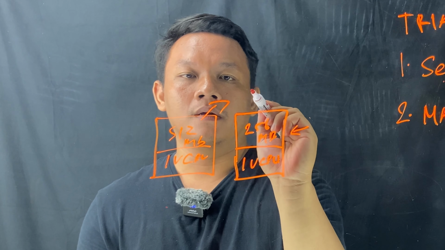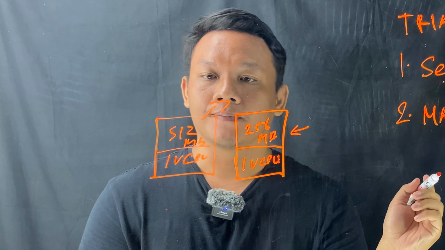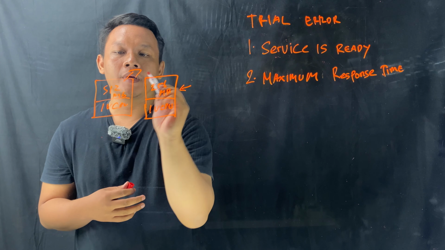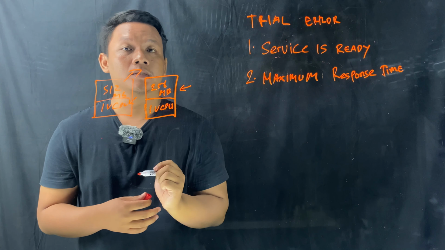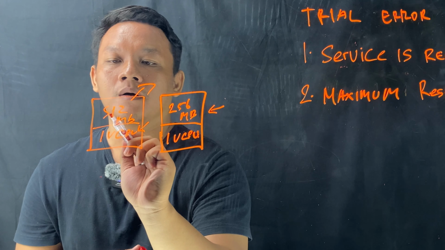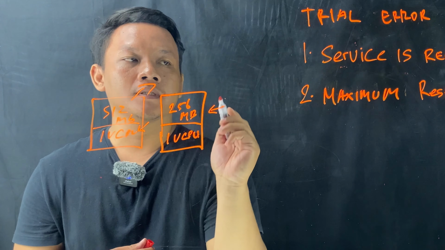The memory part means whether the server can run your service or not. And the latency or response time will be based on the CPU and your code itself. So let's say it's up and running with 512 megabytes of memory,